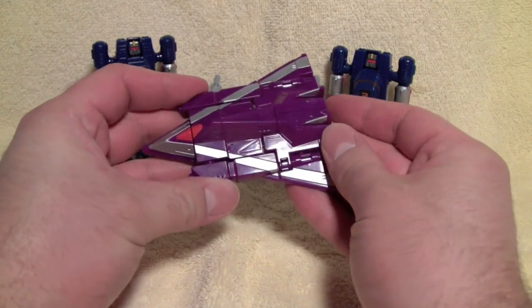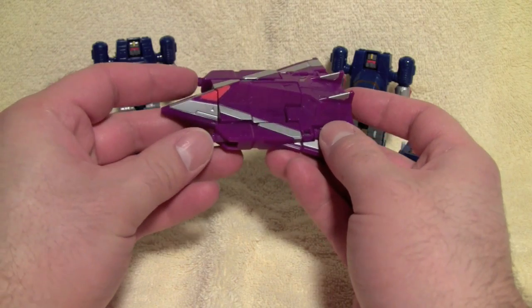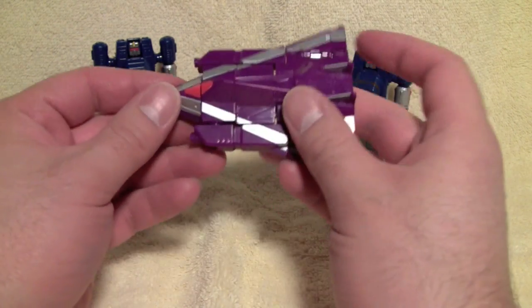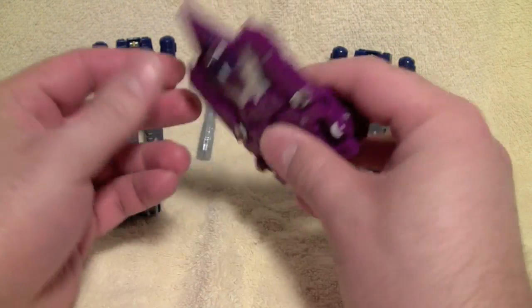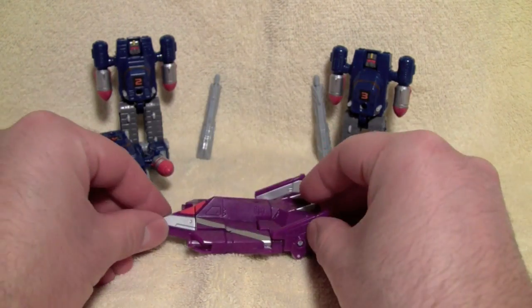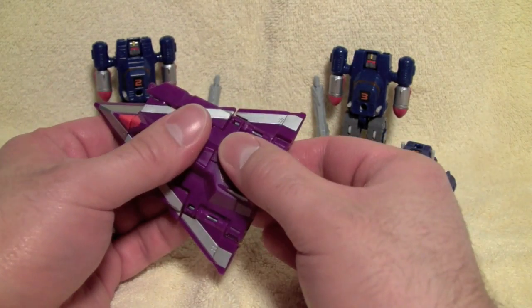He is, I would say, a heavily modified stealth fighter, VF-17 to be exact. This isn't Macross. He does have a landing mode, quote-unquote, and that's just fold up his wings and you get little wheels. There's a little wheel right in his chest. But to transform him, all you do is go...